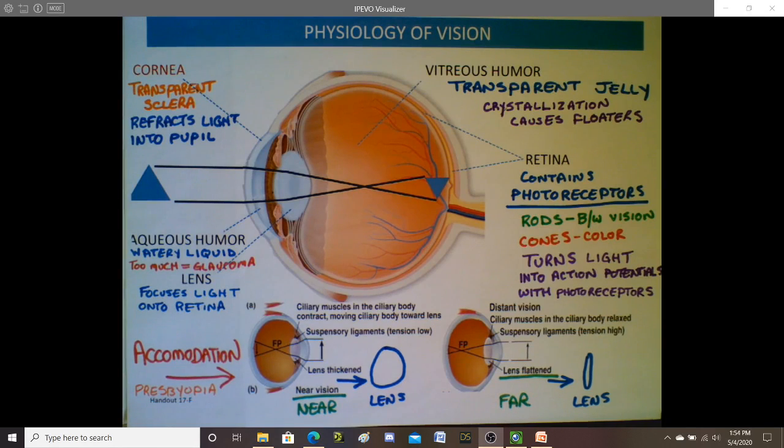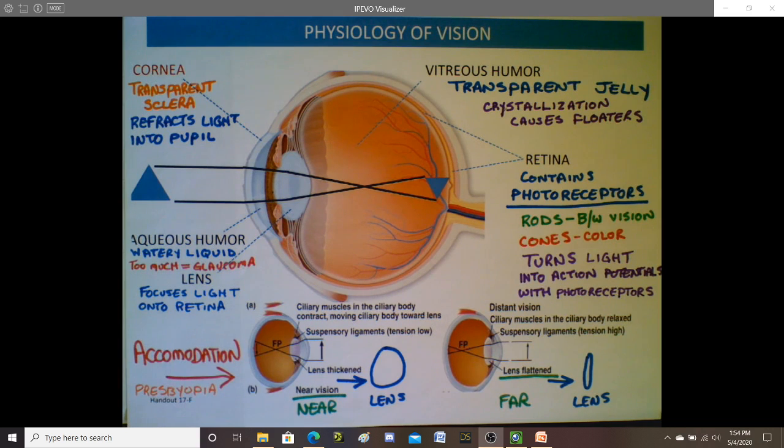All right, so let's look at handout 17F, which I believe is our last handout of the chapter. I never did get around to making handouts for the ear, so we're going to be using PowerPoints for that. So this is our last handout, 17F, and it's going to go through the physiology of vision and talk about